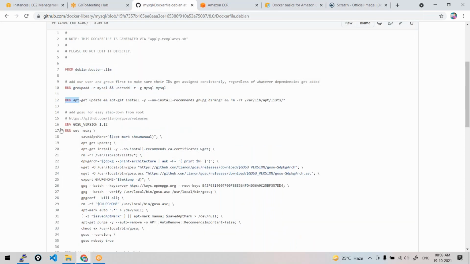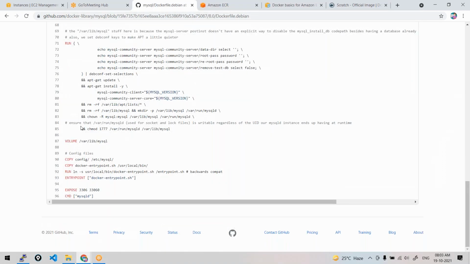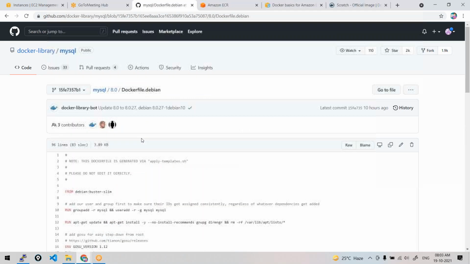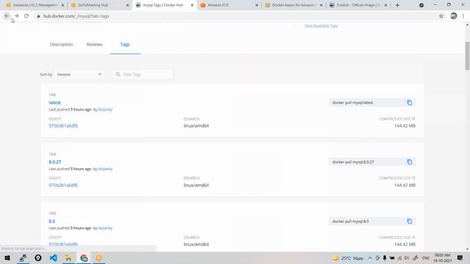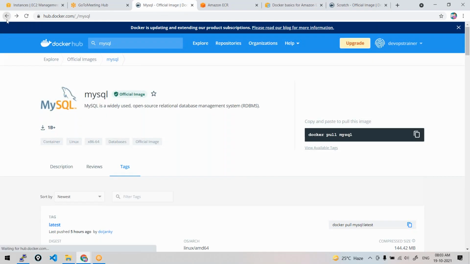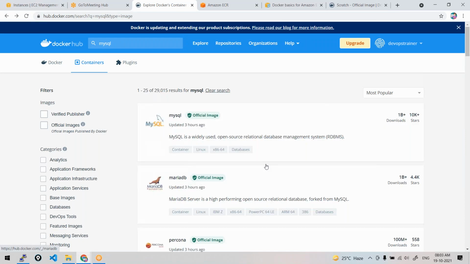Run, env to set environment variables, and run commands, so many run commands. And then copy commands, and then expose. Expose we'll discuss tomorrow, along with CMD. So that's how every image comes up from a Dockerfile. Got an idea, all of you? We'll be creating some more Dockerfiles as well. So this is how Dockerfiles are managed. Always the best practice is to create your Dockerfile here.